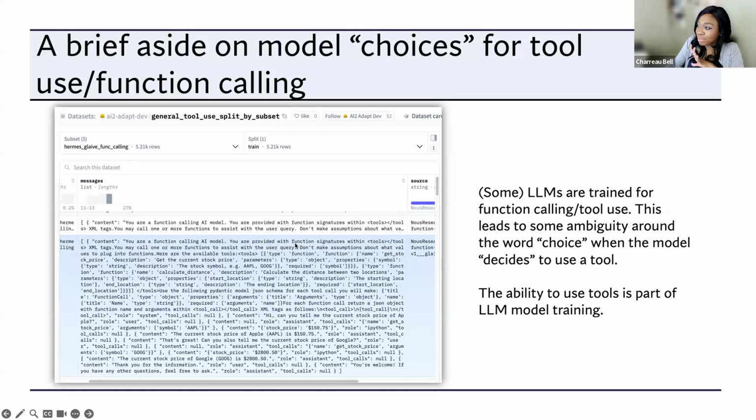So this is the prompt that we're training with, that you should see that you're going to have some tool information provided between these XML tags. You can use one of them as you'd like to. So then we give it some examples. So here within tools, we have get stock price, the description, we have the parameters. Remember that we have a description, which is get the current stock price.